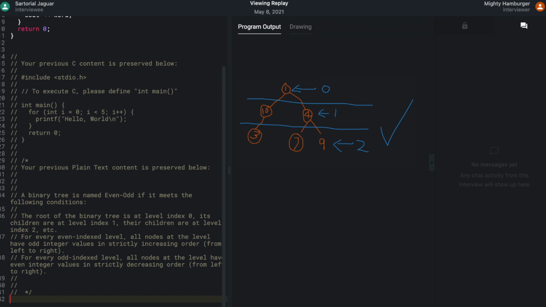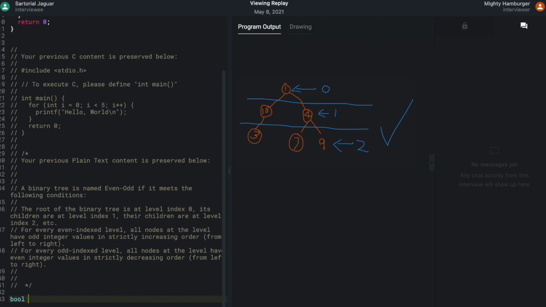So I'm gonna start. It's gonna be a Boolean. Even, odd. Gonna take in. How is this defined? How is the tree structure defined? Let me give you the interface for that in C++. Okay. So you're given a structure. You're given a tree node pointer to the root.